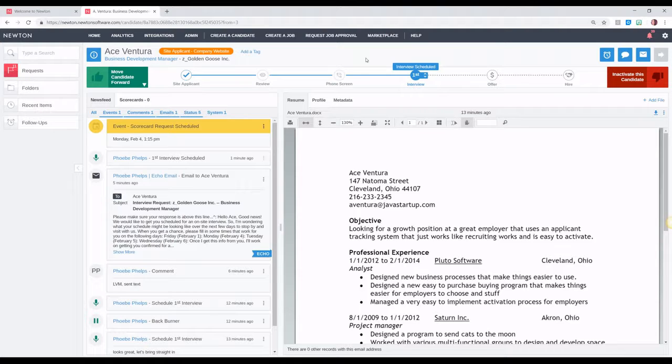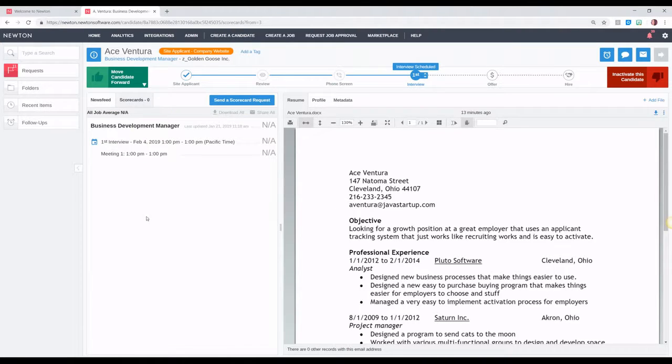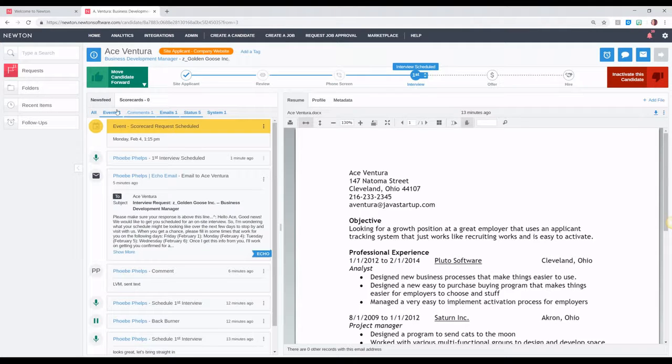Any questions about moving someone from schedule interview to interview scheduled? So you've got the event reminder there. So when they send the scorecard back, will it just show up in the communications log there? Yeah, you see here next to newsfeed, there's a scorecards tab. All the scorecards will be here, and you're able to see an overall average score, all kinds of good stuff. You can review all the scorecards, and we actually have a scorecards training every week